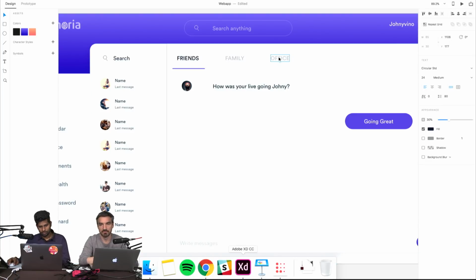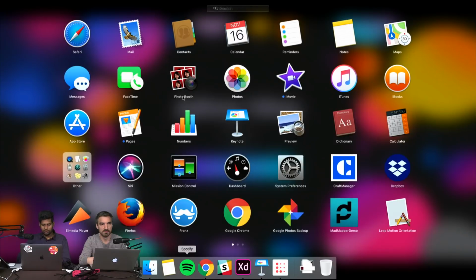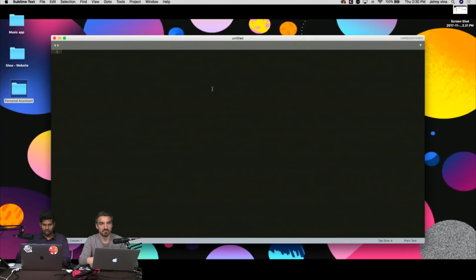You don't need to go anywhere. If I want to make names, I can quickly open Sublime and make some random names. So this is the trick you are sharing with us: with the repeat grid, we know we can drag and drop a list of pictures and it will populate all the pictures in the list, but you can also do it with text on any text field of a repeat grid.